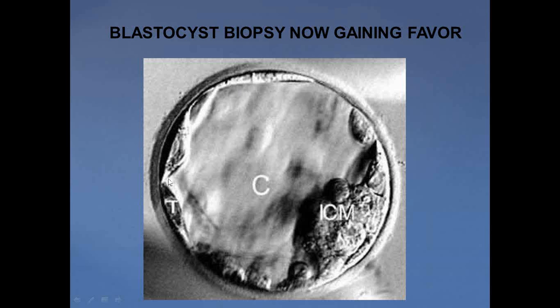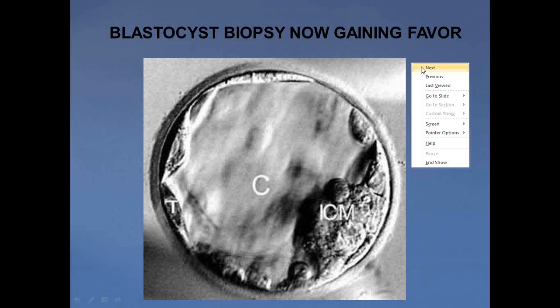Now, blastocyst biopsy is gaining favor, and what they do is they sample maybe half a dozen cells from this outer shell here called the trophectoderm. The T over here stands for trophectoderm, and this is what ultimately becomes the placenta and gestational sac that surrounds the embryo. And the embryo is this mass of cells here called the inner cell mass. So this is what makes the baby, and this makes the placenta, the umbilical cord, and all that other non-baby tissue that's involved with the pregnancy. And sampling half a dozen cells here gives you a more representative sample of what would become a viable pregnancy. And the theory is that the mosaicism factor is going to be reduced, and indeed it seems to be